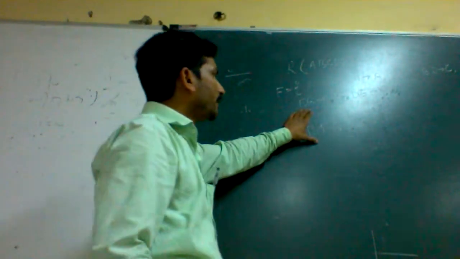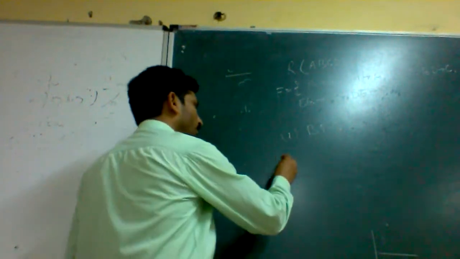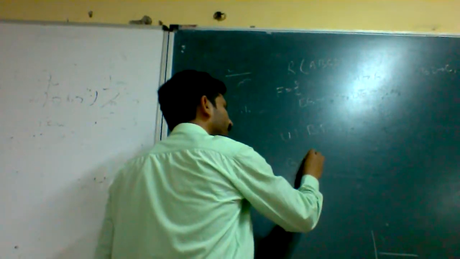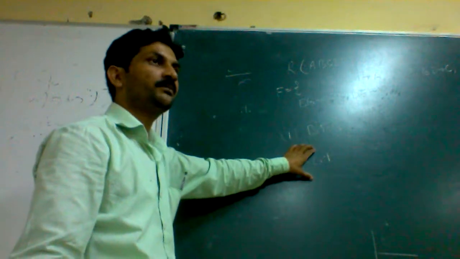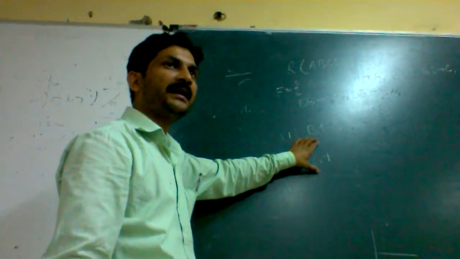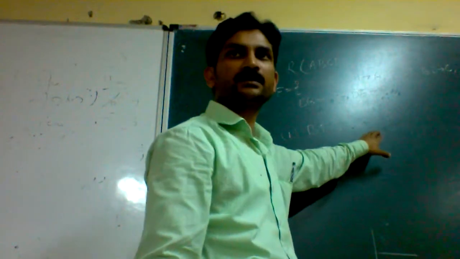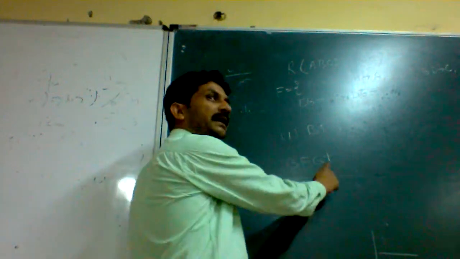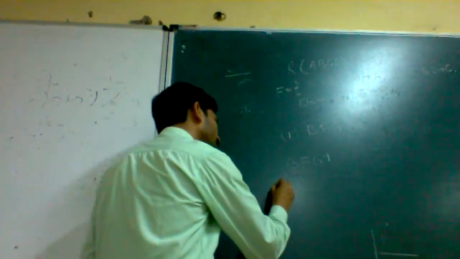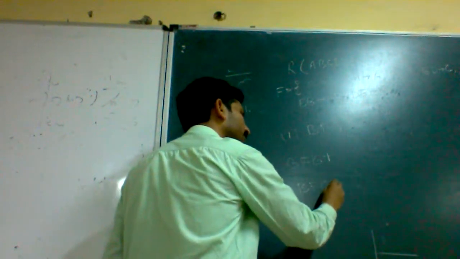So first find out the closure of BF. BFG plus means you have to calculate the closure of BFG, and BFG on the left hand. If that is equal to AE, then it is correct. Otherwise, it is wrong. So you have to calculate the closure of BF. Now store X is equal to BF.